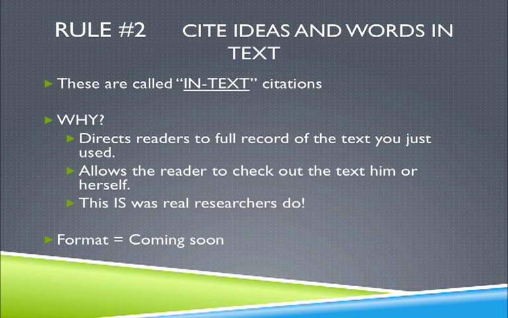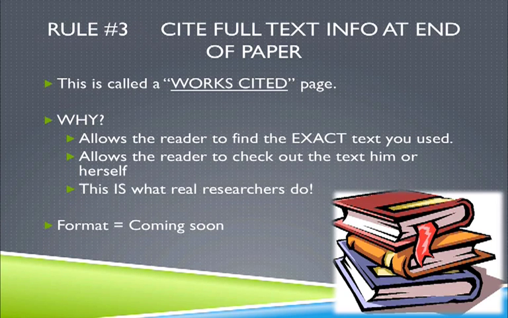It allows other researchers and readers to find more information for themselves based on the work that we as writers have done. Rule number 3 in terms of citation: not only do we need to cite in the body of our paper, but we must then cite it in a more full manner at the end of our essay. And this is called a works cited page. There is a technical difference between a works cited page and a bibliography, not something we're going to split hairs with here at our level. But a full works cited page lists every single text that we have used and referenced and pulled ideas and words from in our paper.